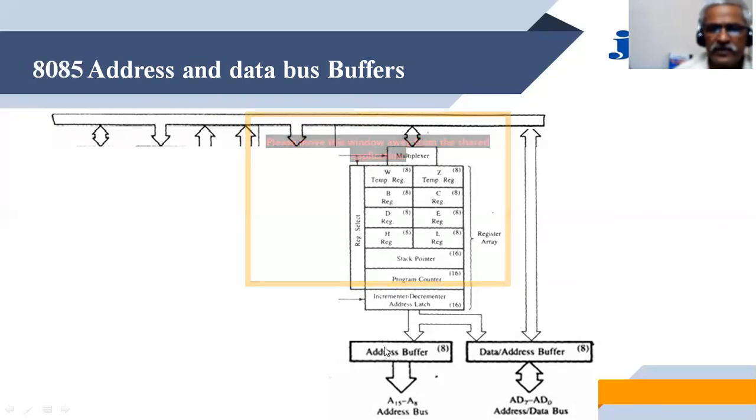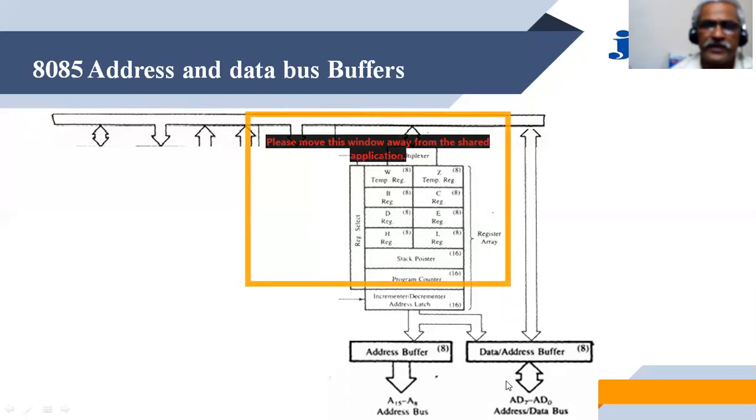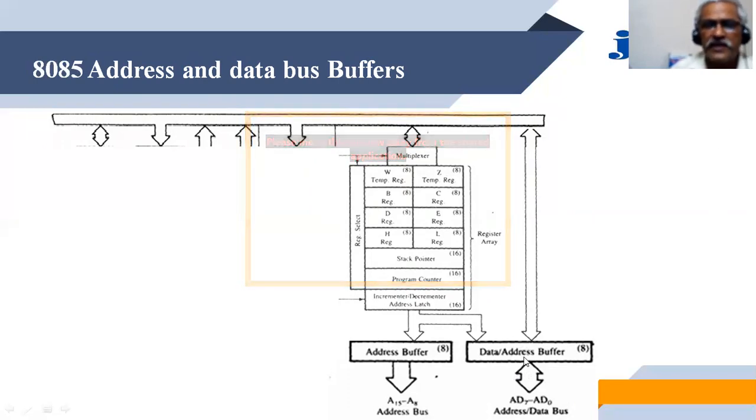The address buffer is a 16-bit address buffer which temporarily stores the address of the next instruction. So these buffers are nothing but temporary storages, for the purpose of storing or reading the data from the memory and then transferring to the internal mechanism. And similarly for transferring the data to the outside world, the data is temporarily stored in the buffer, and when the devices are ready, the data will be read from these buffers.